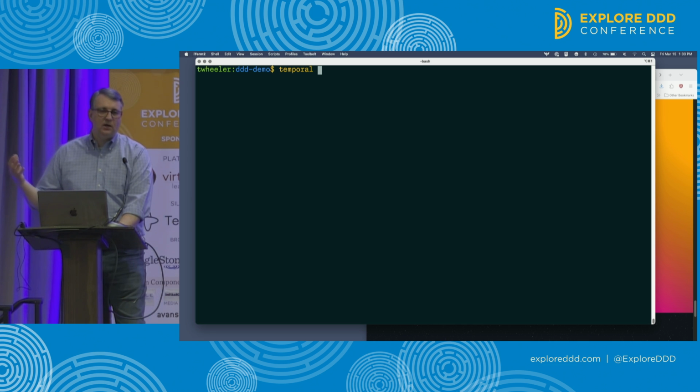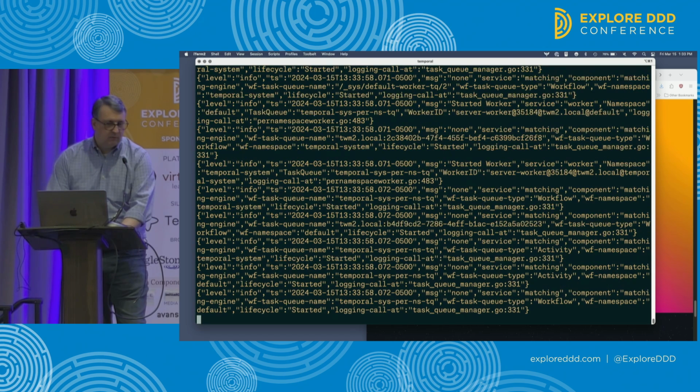In production, you could either self-host the service on as many servers as you want, or in a cloud provider. Anywhere you want to put it is fine, but it scales out across multiple machines. And then we have a cloud service that is a managed service, so you don't have to run your own. But I'm going to demonstrate this here. So temporal server, start the development server. Boom, it's up and running.